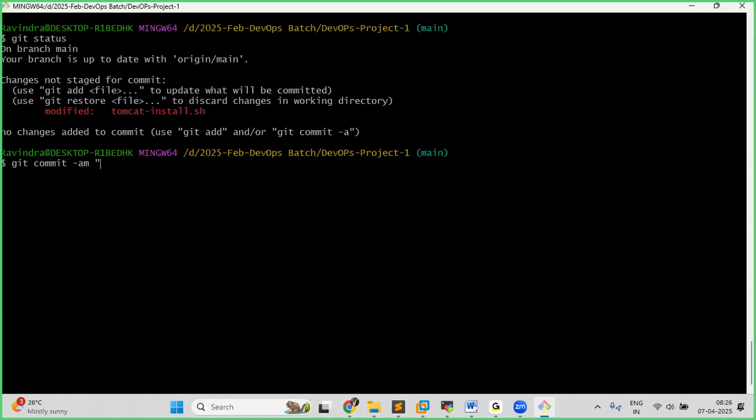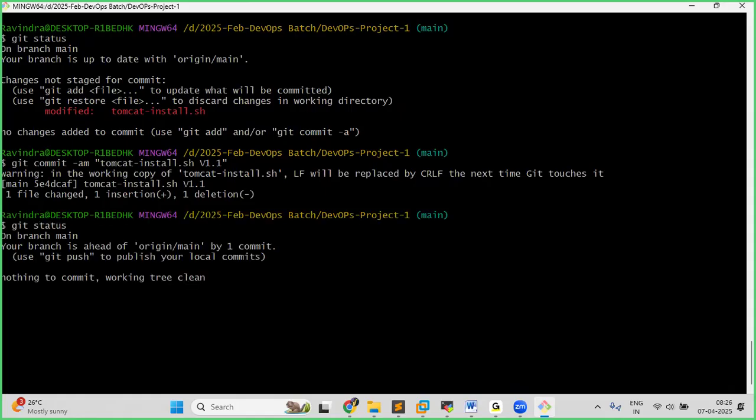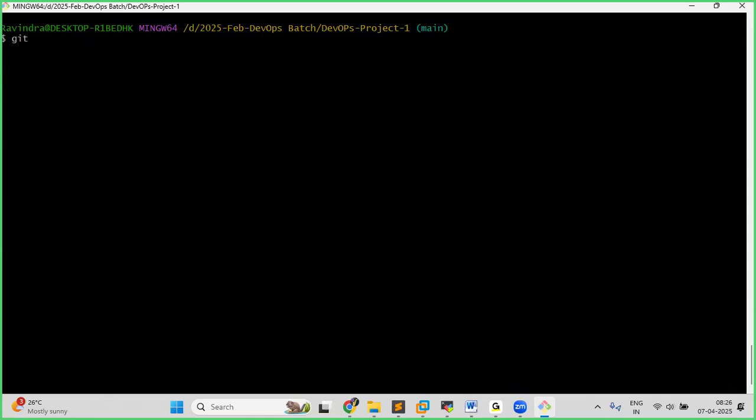Actually, I want to ask you the question, but for the time being I am going to execute the command directly without asking. Yes, Tomcat install version 1.1, because we made a small change, so I'm updating from 1.0 to 1.1. Okay, just hit enter. Successfully committed. Now you can see, guys. Okay, now git push